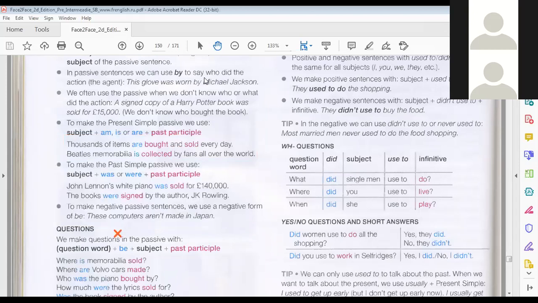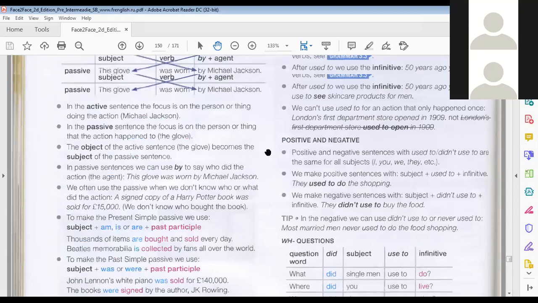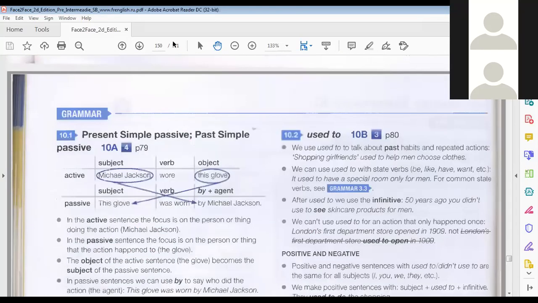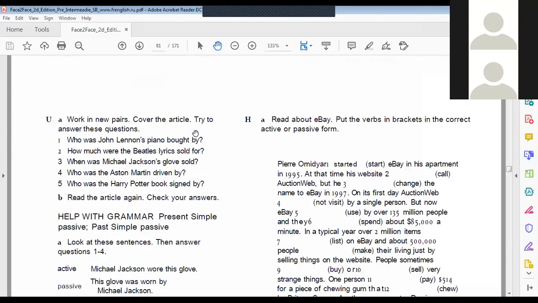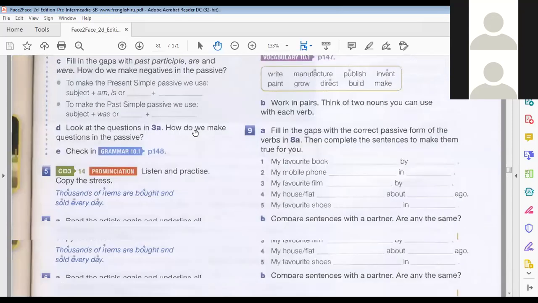Okay. And the last part here we have the questions. هذا اللي درناه قلنا اتفقنا question word plus verb to be plus subject plus past participle. هذا ثابت في كل ال questions. Yeah, that's all. هذا المقدمة الأولى لموضوع ال passive. Now, if we do a few exercises, I think you'll get the point. It'll be easy and clear.